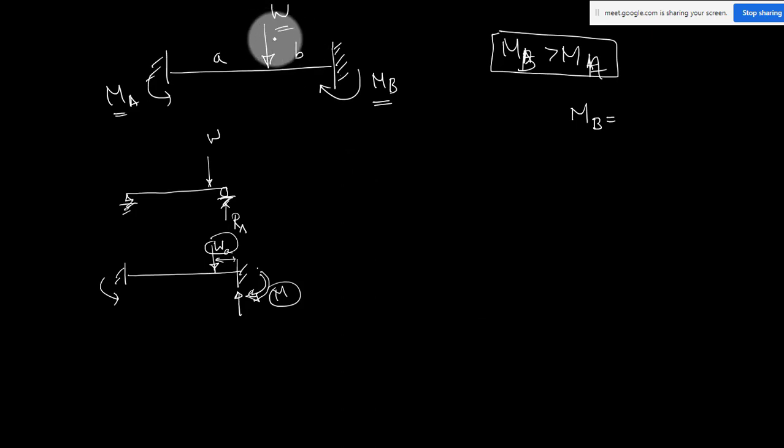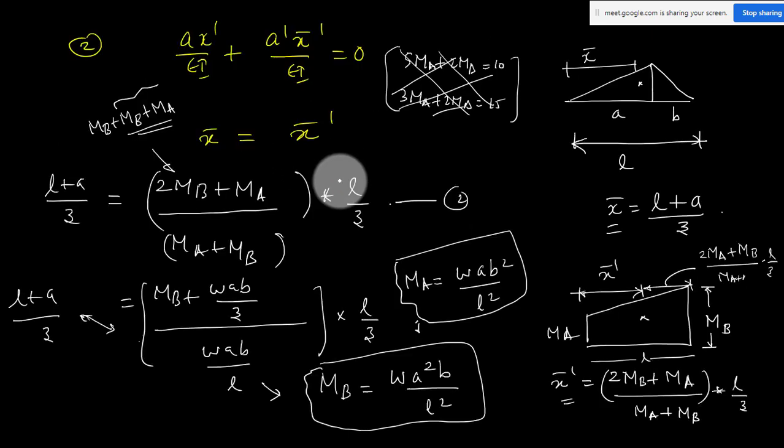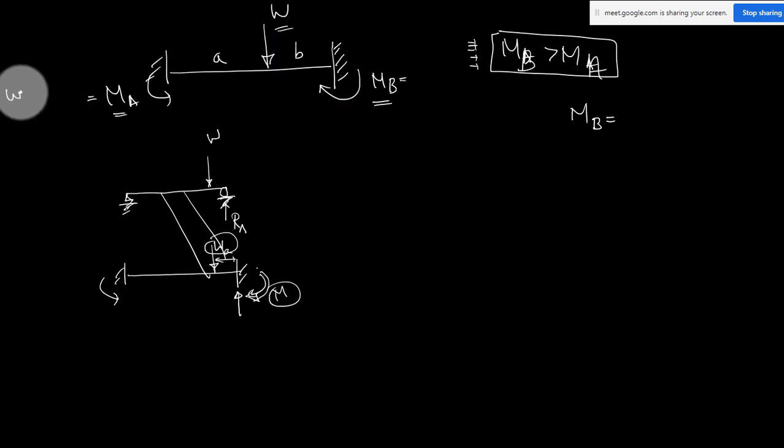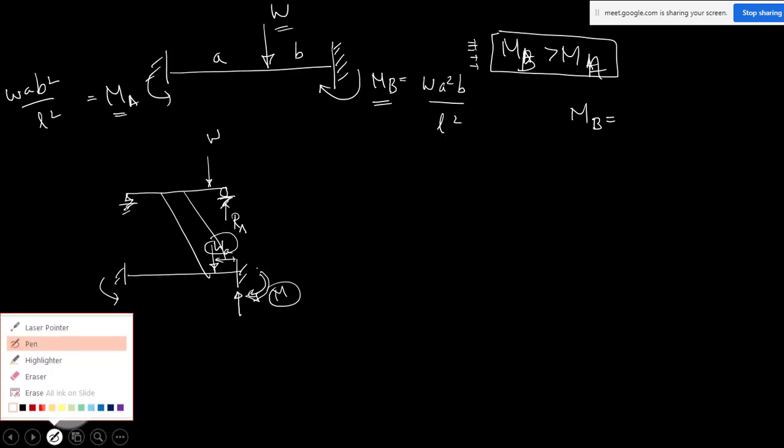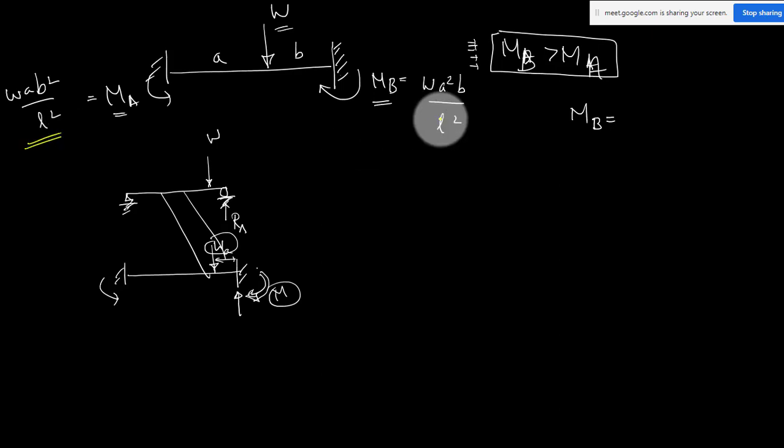Okay, I cannot explain with this distance and all how it is coming. You take a numerical example and solve it, and you compare the values Ma and Mb. Okay, so this value of moment we got, it is this value. Again you can see this value of moment we got, it is W a b square by L square, and this moment is W a square b by L square. So now you see how to remember this moment, because you have to remember this value also. All these are standard results, we are going to use them very frequently, many times.